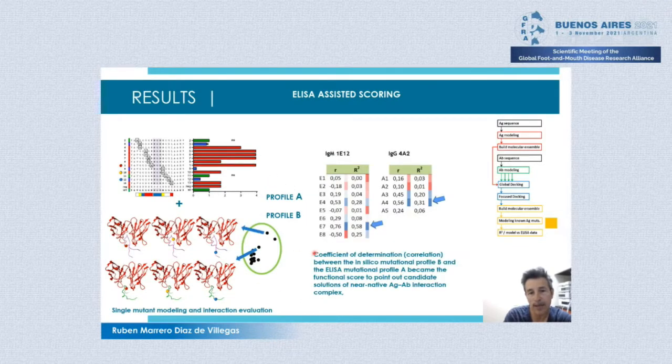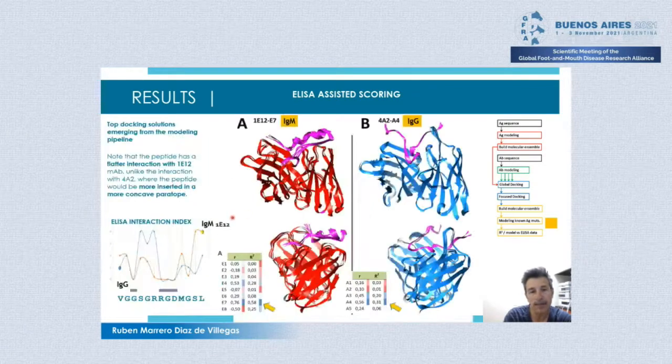We calculate the coefficient of determination between both profiles that became our functional score, and that points out our final candidate solution. And here you can see the top docking solutions, and this is the IgM in red